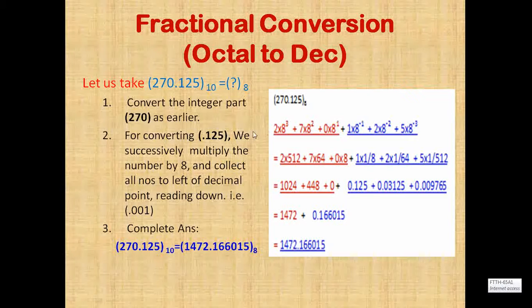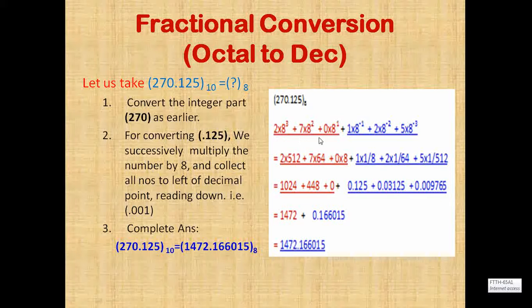into decimal. So let us see in this way. Suppose the complete process is shown in this figure, 270.125 base 8. So what we will do, we will make two parts of this, one before the point and one after the decimal point. Before the point we have 3 digits, 2, 7 and 0. So we will multiply them, 2 into 8, 7 into 8 and 0 into 8, right?